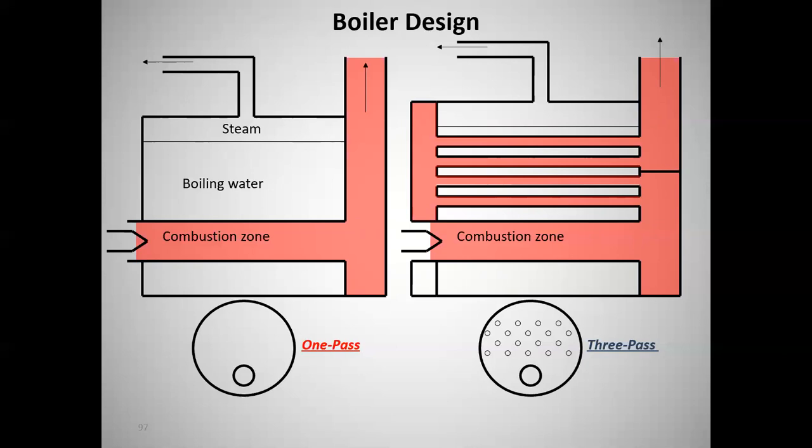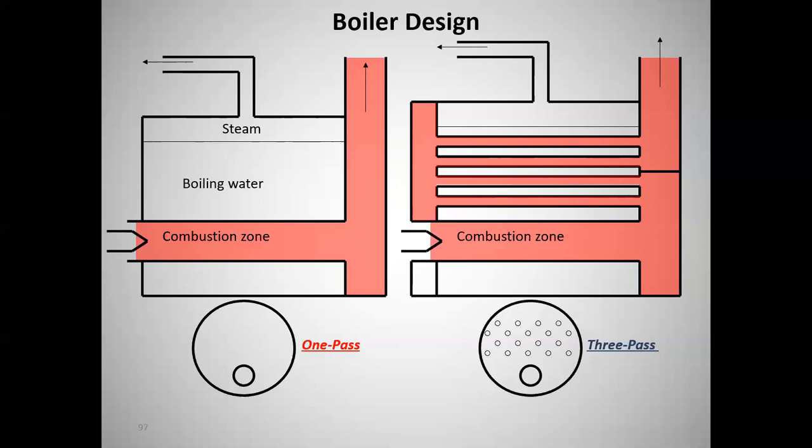Did you buy the cheapo boiler that has not much heat transfer surface in it? The one-pass boiler on the left just has that big tube, which is the combustion zone that the burner fires in. It goes down one time, the gases turn and go up the stack. Well, they don't have much of a chance to transfer a lot of heat. So that thing is probably cheap on the front end because you don't have to buy much metal, but it's not going to have nearly as good efficiency as the three-pass boiler,